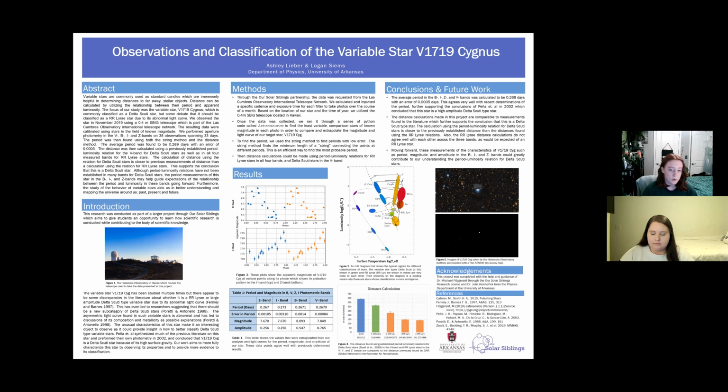This discrepancy isn't super surprising because these two types of stars have some very similar characteristics, which can be seen in Figure 3, an HR diagram, which is just a tool astronomers use to look at some characteristics of stars, specifically their temperature on the x-axis and their luminosity on the y-axis. You can see the R Lyrae stars in the orange or yellow circle and Delta Scuti stars in the green circle are pretty close together, and so they're going to share some characteristics there, as well as having some overlapping